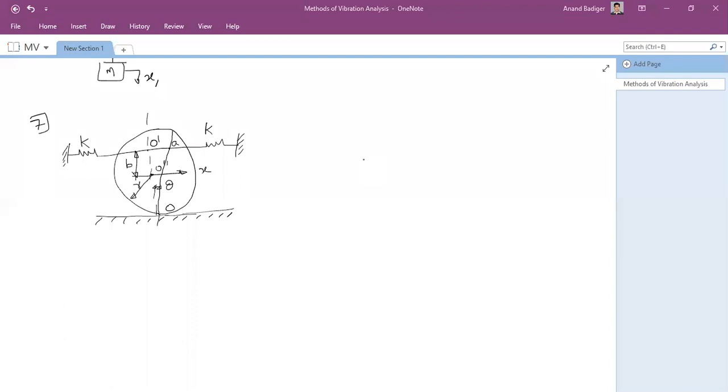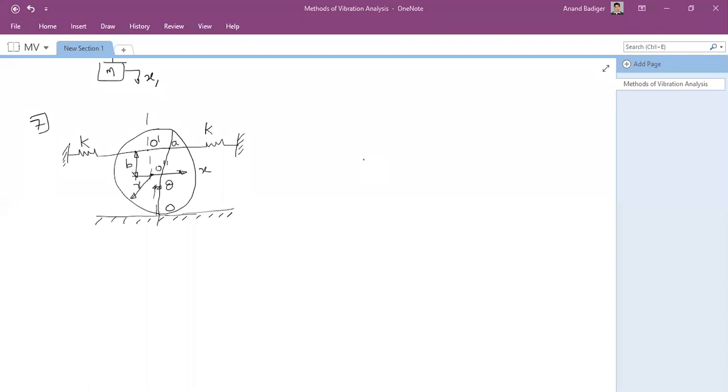Now observe here, whenever the displacement is given in this direction, it is going to rotate as well as slide, because they have not said that there is no slip or anything. It is going to slide as well as twist or rotate. So henceforth there will be two motions here, translation and rotation. Both of them will be there.